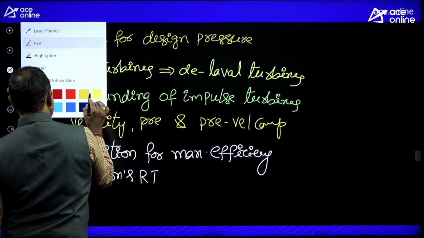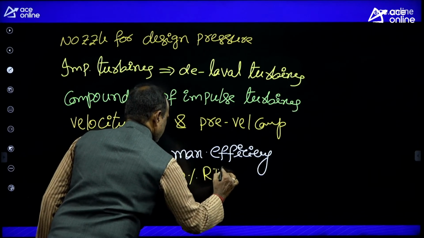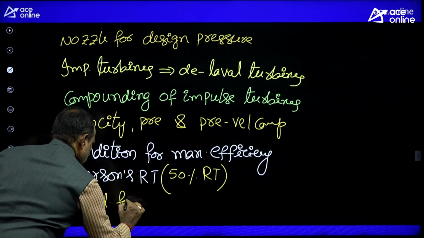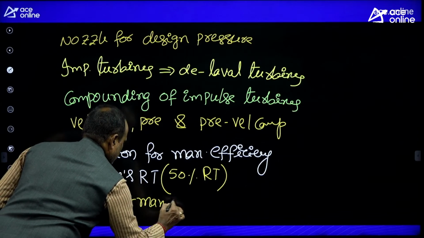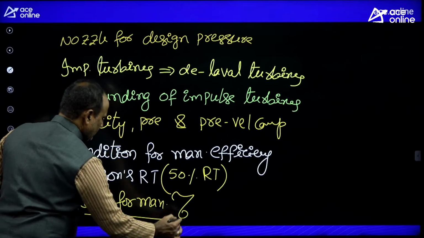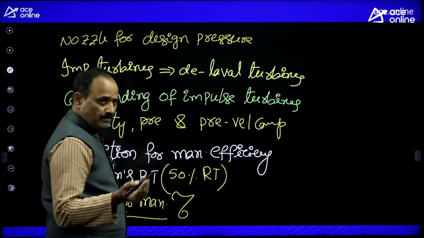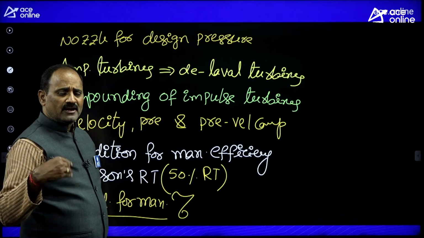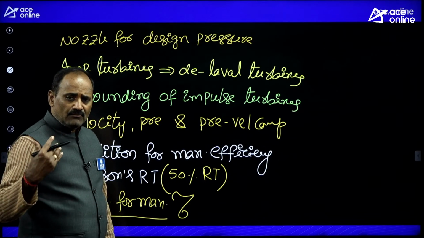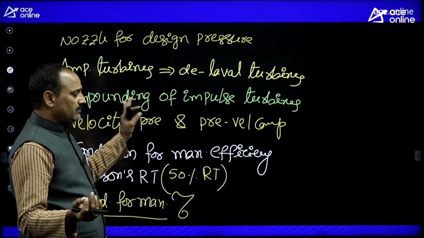and what is the meaning of 50% reaction turbine? Condition for maximum efficiency of impulse turbine, condition for maximum efficiency of the reaction turbine. And what is the geometric shape of the impulse turbine blade, what is the geometric shape of the reaction turbine blade, what is the meaning of reheating, what is the meaning of internal efficiency, and how many types of governing mechanisms are there with steam turbines.